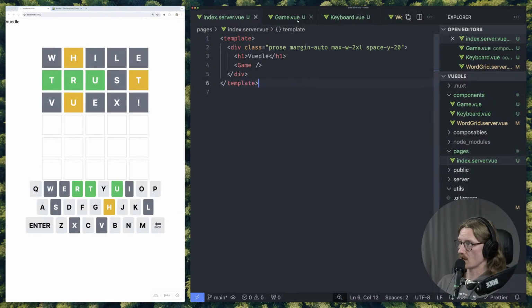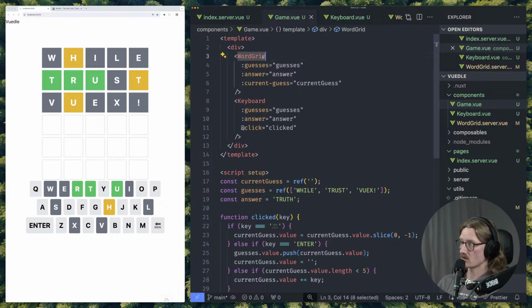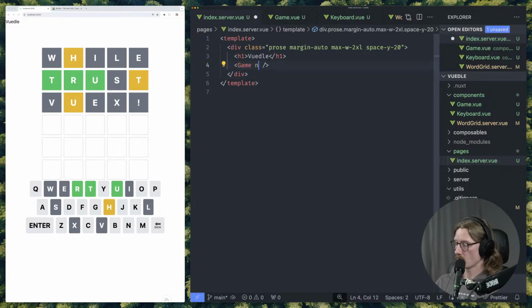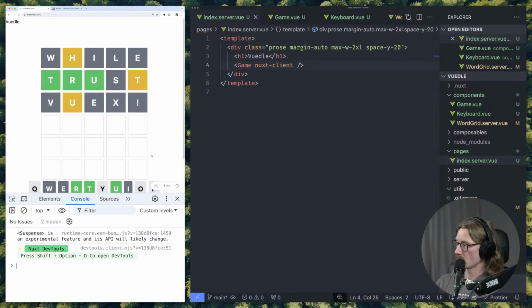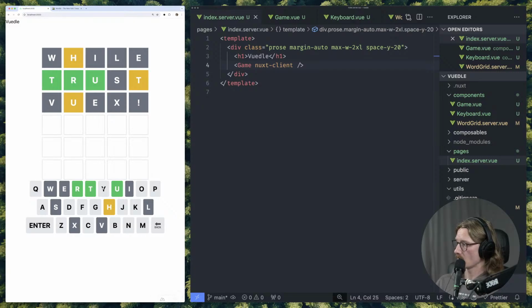Okay, so our game component has the word grid and the keyboard. The word grid is server rendered. The page is server rendered. This game component is not server rendered. However, it is not interactive because it's inside of a statically rendered server page. But if we add this Nuxt client attribute here, that should be enough to get us to do this properly, unless I need to